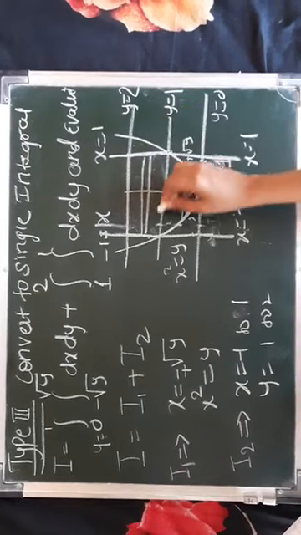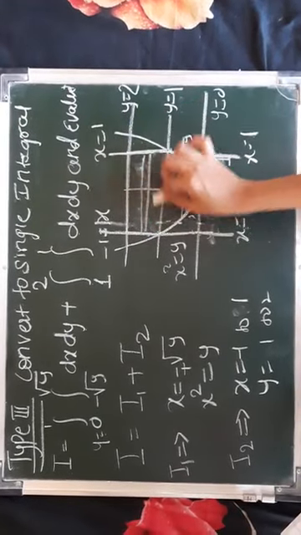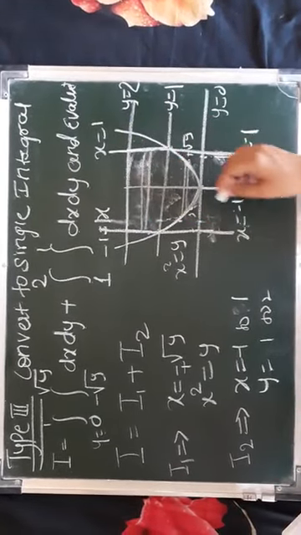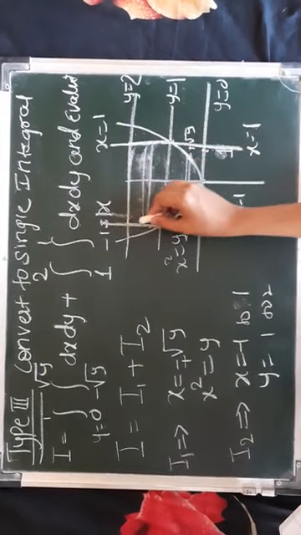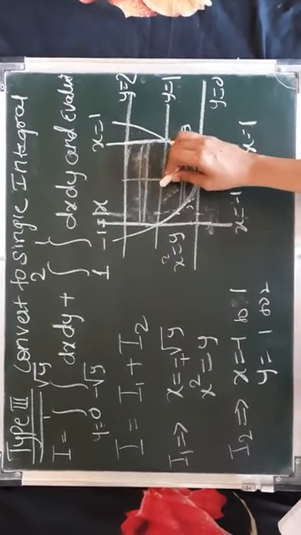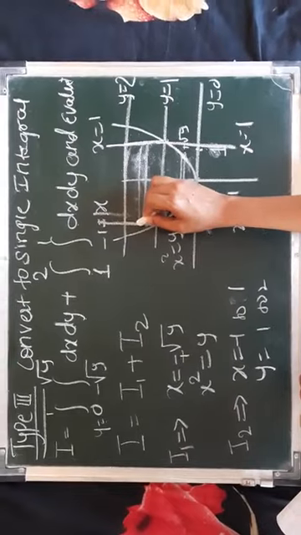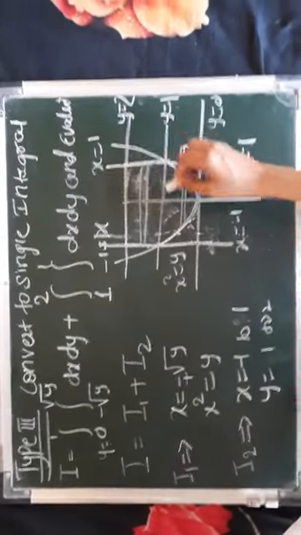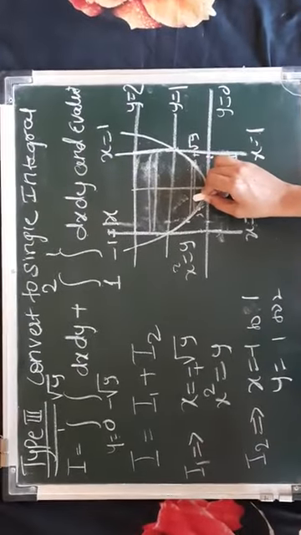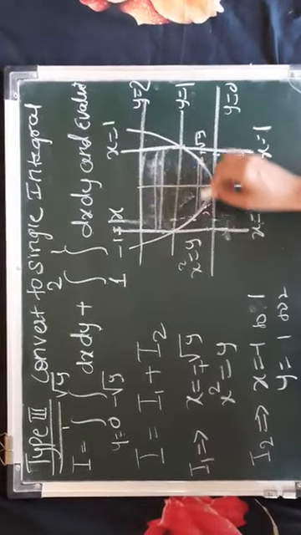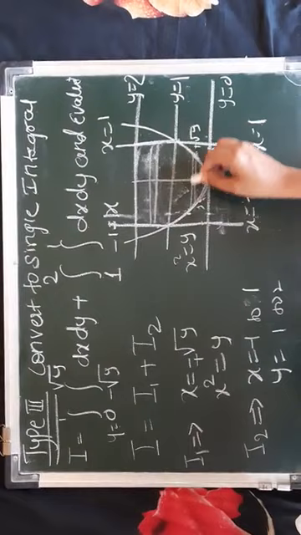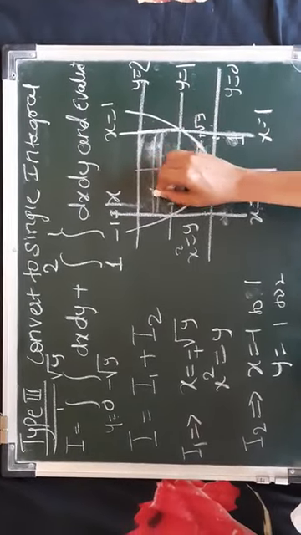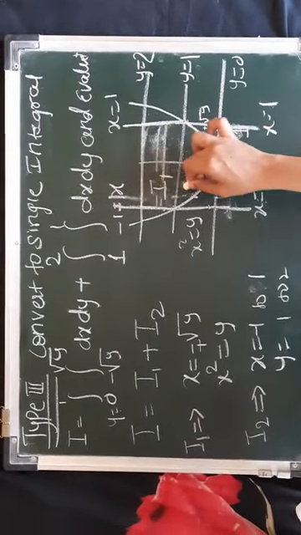Just look at this area. This entire area is what you have to find. So if you consider a horizontal strip, obviously in the region above y equals 1, it has its lower end at x equals minus 1 and upper end at x equals 1. But when you move this horizontal strip down, it no longer lies on the lines x equals 1 and x equals minus 1. It is lying on the parabola. So there are two sections. This is I1 and this is I2.